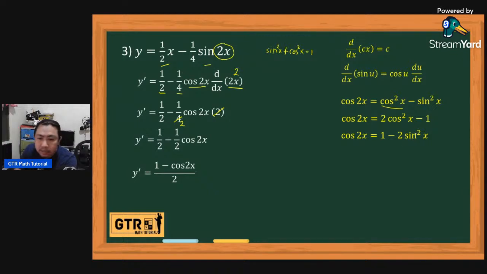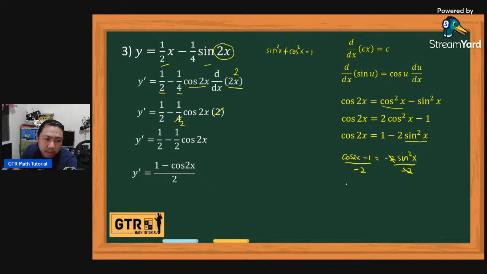Then solve for sine squared x. If we solve for sine squared x, this will become cosine 2x, subtract 1 from both sides. So we have cosine 2x minus 1 equals negative 2 sine squared x. Then divide both sides by negative 2. So we have sine squared x is equal to cosine 2x minus 1 over negative 2. So if we put the negative sign to the numerator and then rearrange this at the same time,